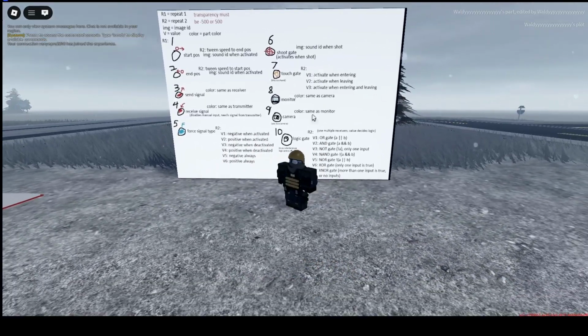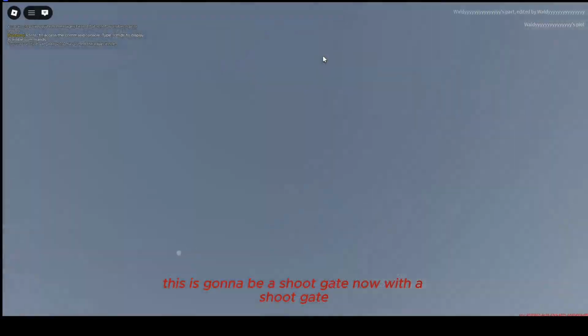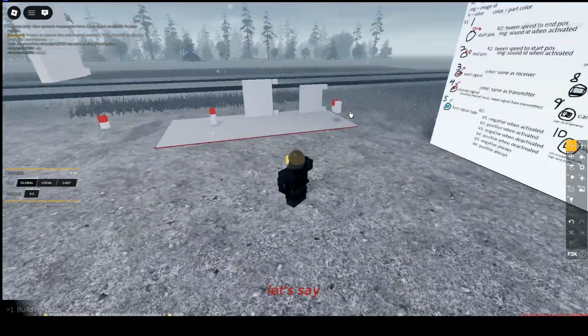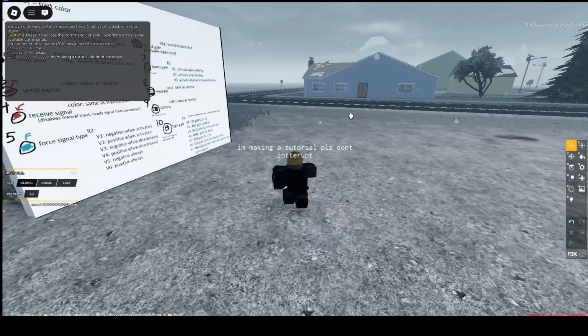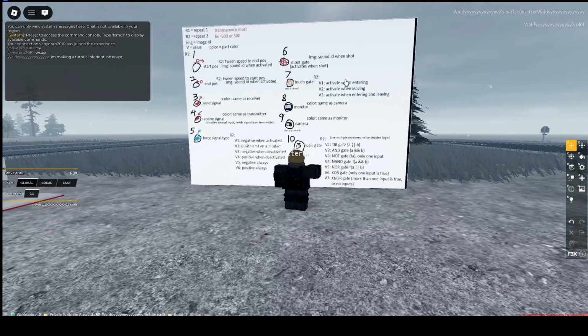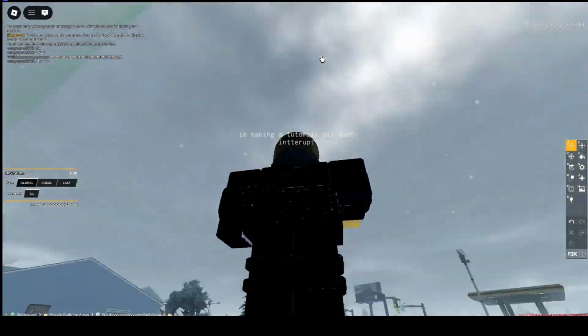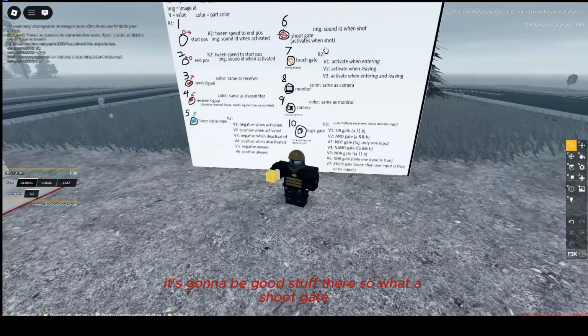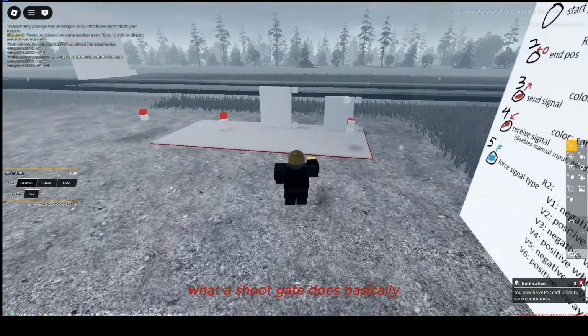Okay. Now with number 6, this is gonna be a shoot gate. Now with a shoot gate, let's say, I actually have my friend. It's gonna make stuff there. So with a shoot gate, what a shoot gate does basically,